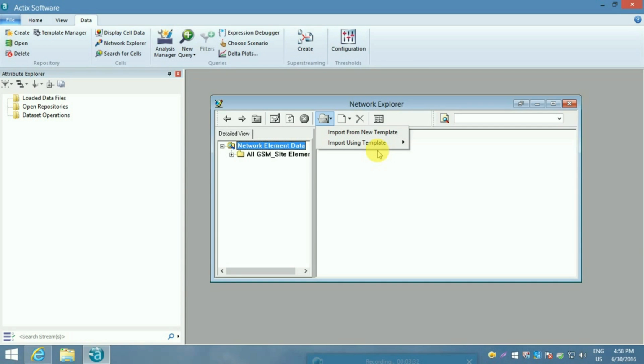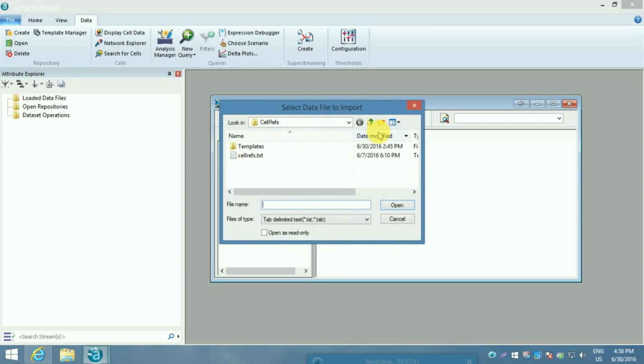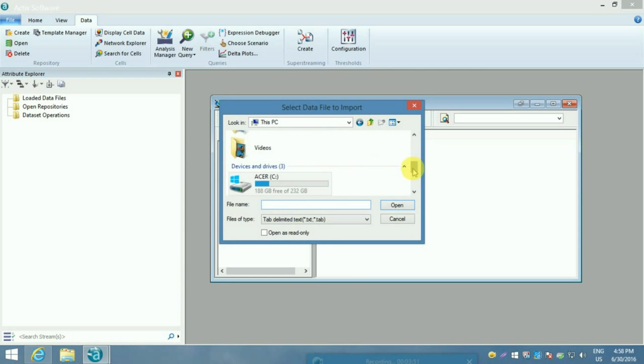If we save a template, it's like we have the settings created and saved. If not, we need to create the settings. I'll show you how to create a template. We need to import the cell site data and change a few settings. I have it in my